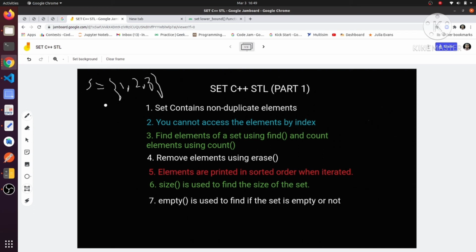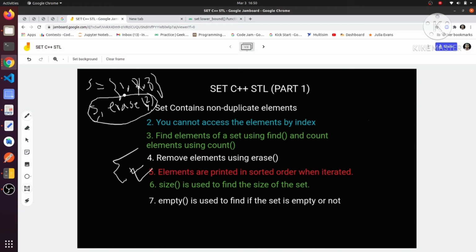Suppose our set contains 1 2 3, and I want to erase the element 2, so I will just put it this way. This will erase it, and the set will contain 1 and 3. That is very easy, right?